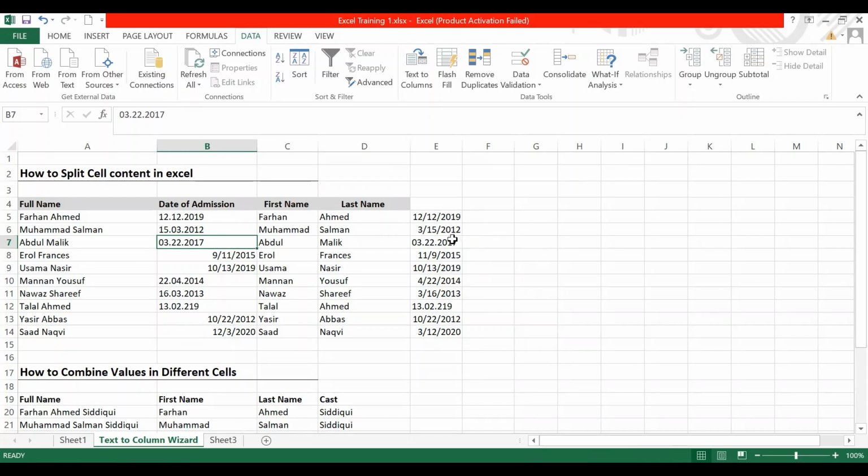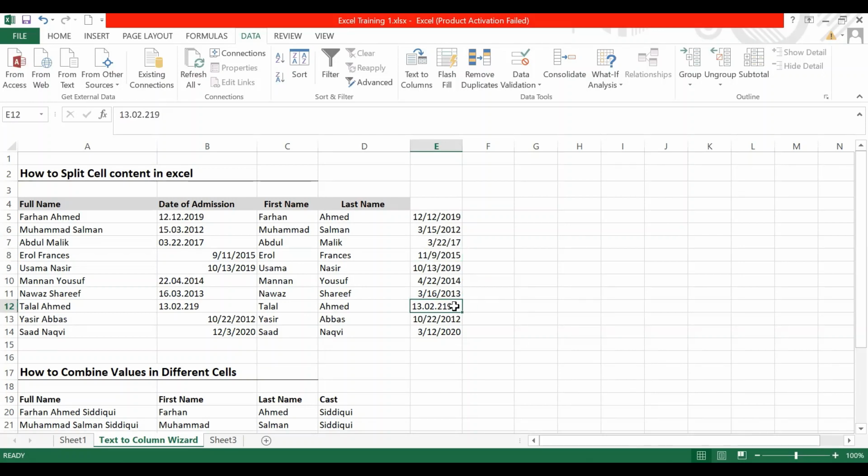Therefore, it has not changed the values which were taken as text. So I can do this manually. If this is 22nd March 2017, I can say March 22nd. I can punch it manually, 2017. Now it will give me the desired result.